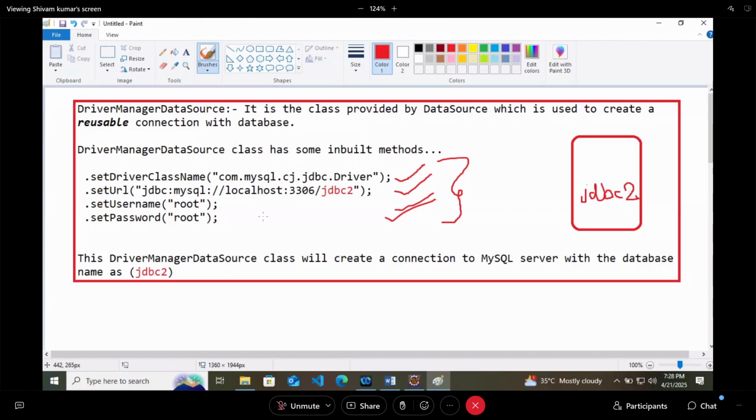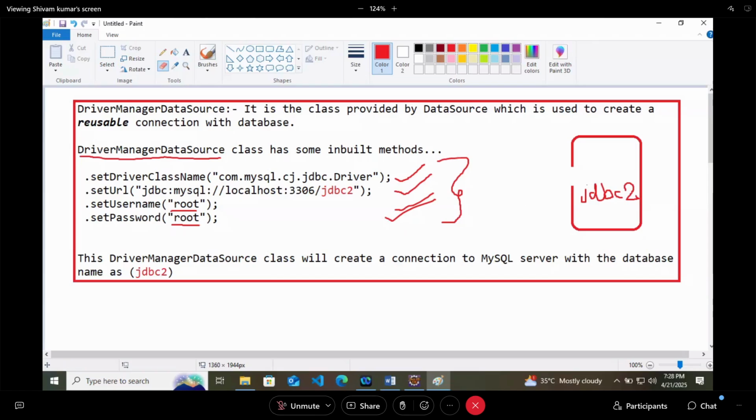Permission means, do you have a username and password to open this? So the DriverManagerDataSource will say that yes, I have username as root and password as root. These are my configuration. They can be different for you, whatever password you choose. So this MySQL database will say, okay, I am opening one connection for you.